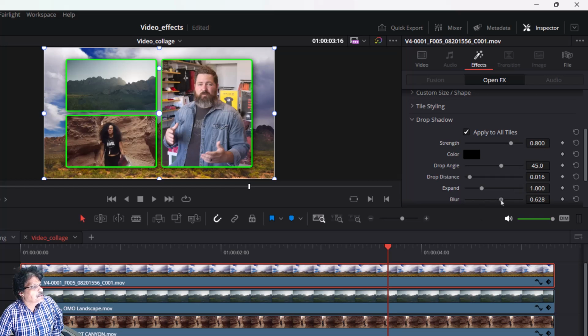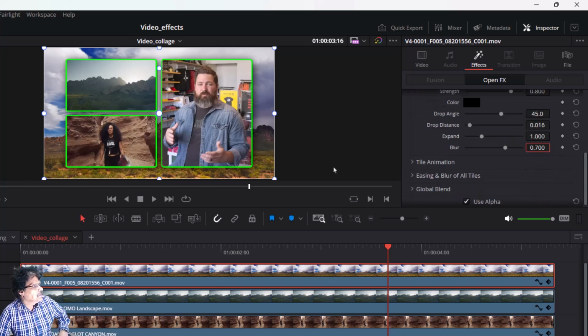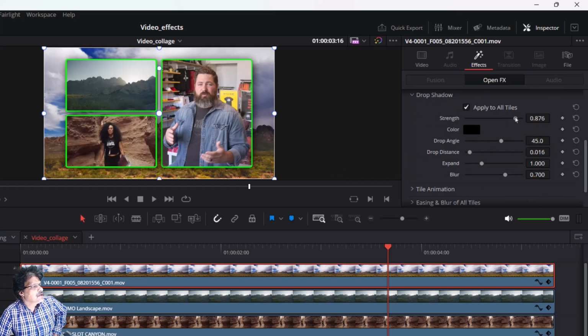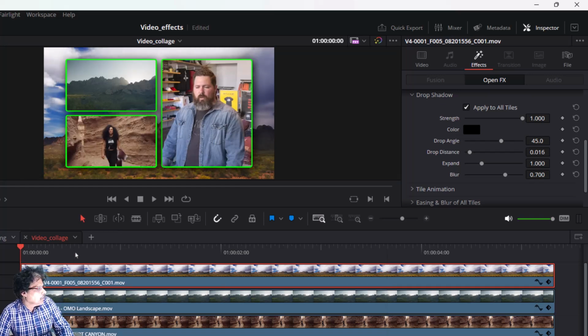So I will blur it to around 0.7. I will make it blur, and strength I will slightly still increase and make it full 1. Okay, so now you can see a beautiful shadow cast on the back side. So now click here to close the transform window, and now if I press the home button to come to